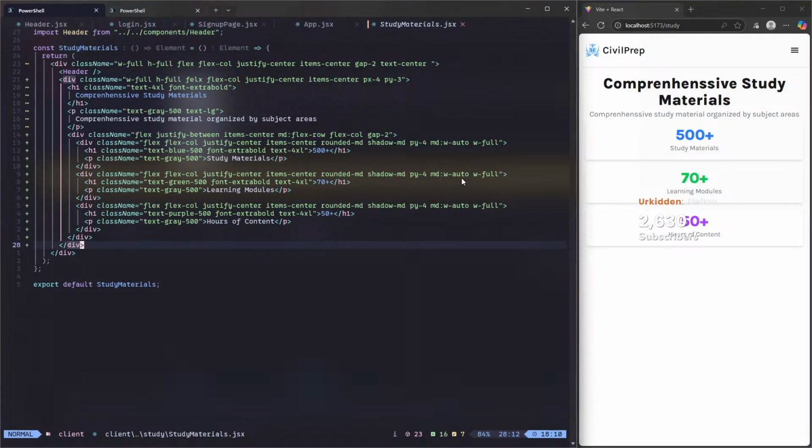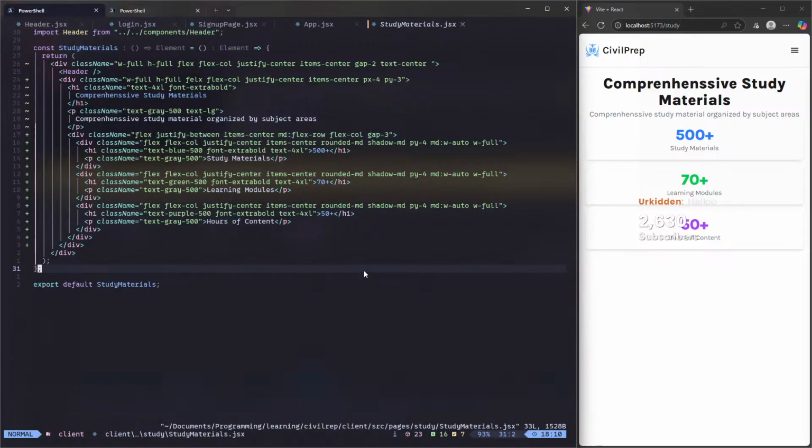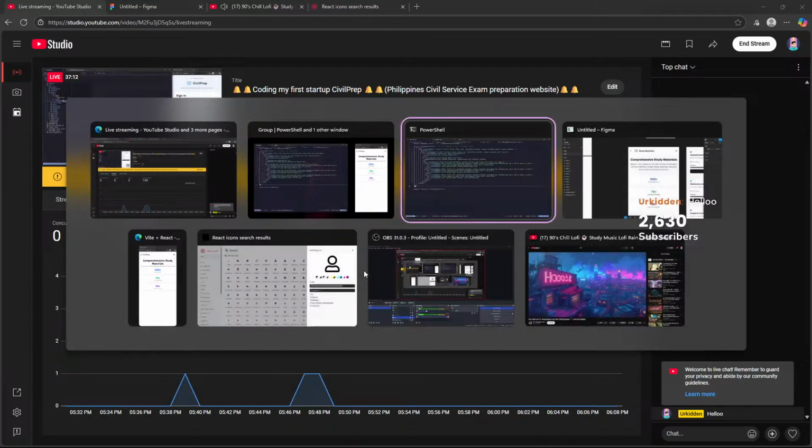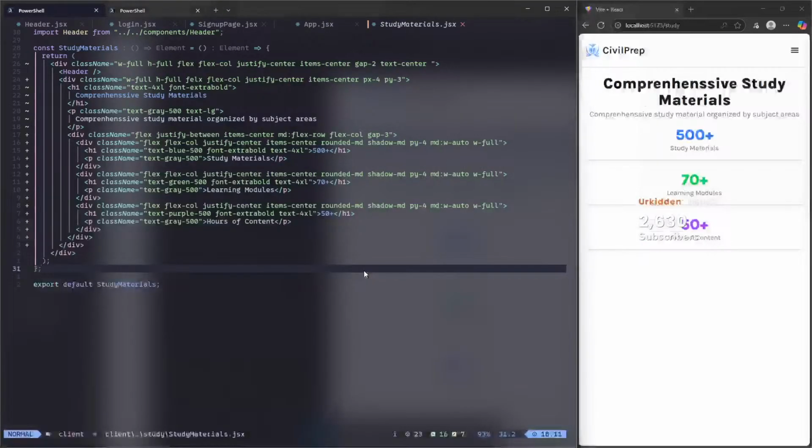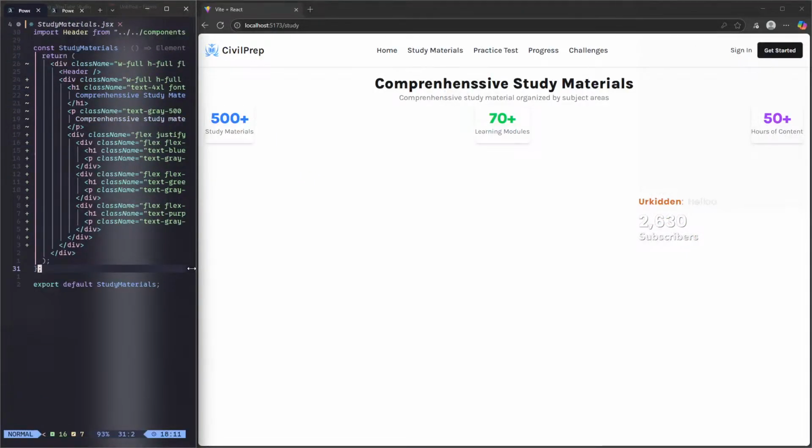Gap of 2 or 3. Nice. We have gap of 3. Okay, it's cool,